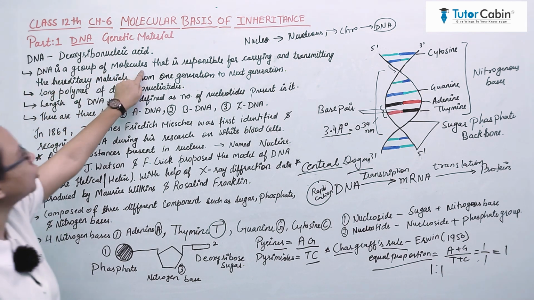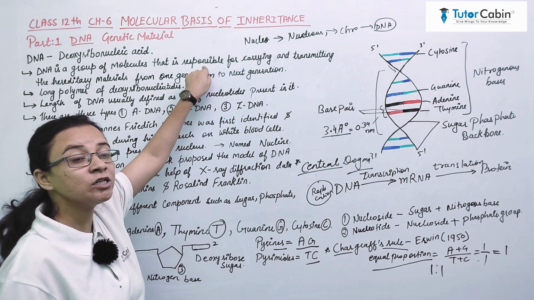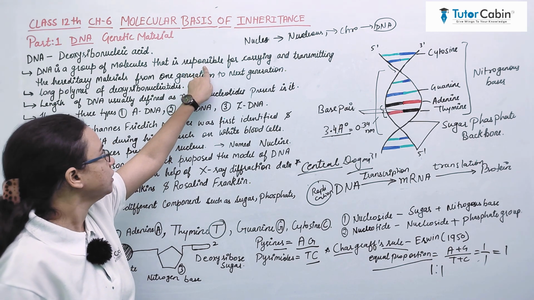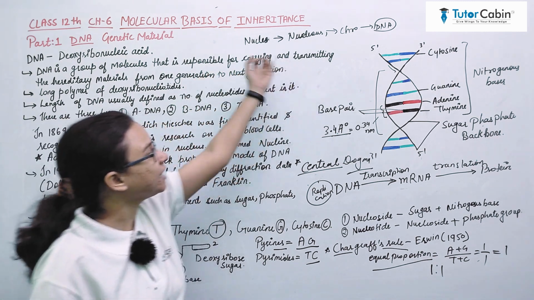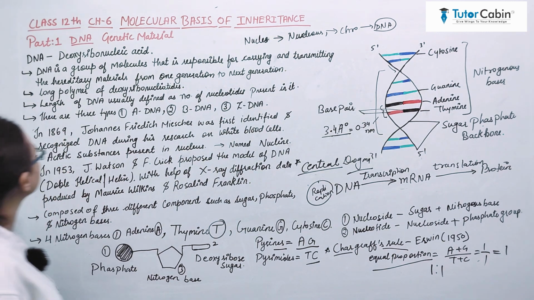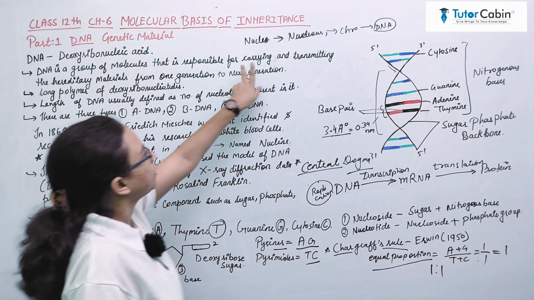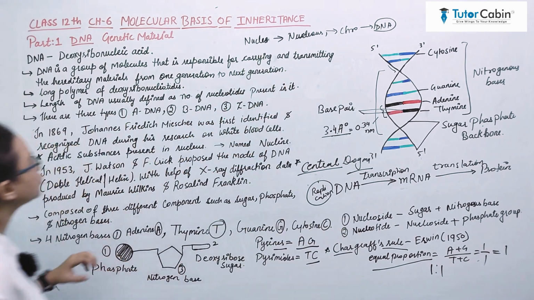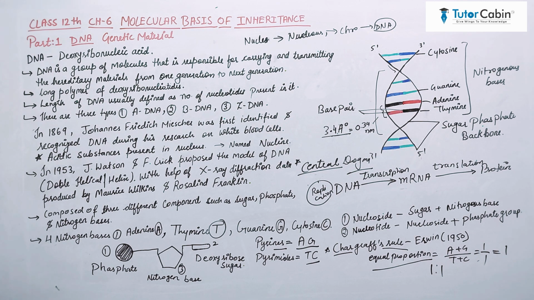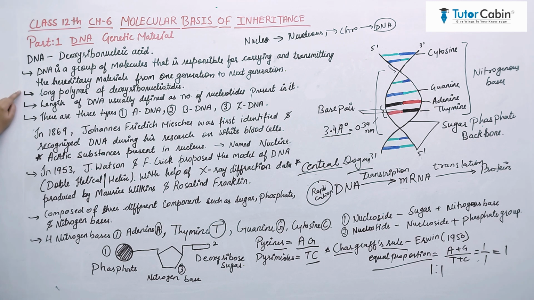DNA is a group of molecules. It contains many different types of molecules. Clear? It is responsible for carrying and transmitting the information from one generation to another generation. Because it carries and transmits, it is known as the heredity material. That's why it is carried and transmitted from one generation to the next generation, because DNA is a long polymer of